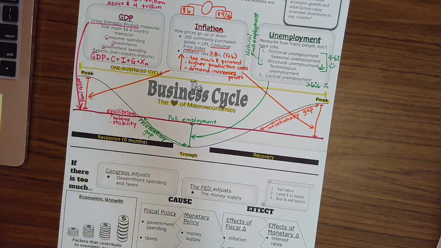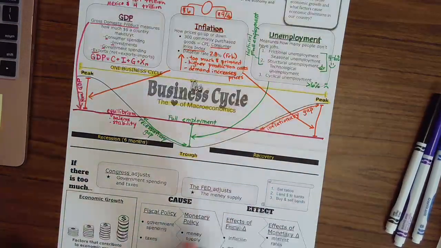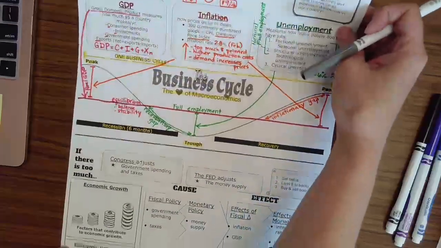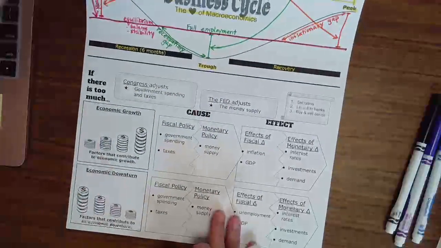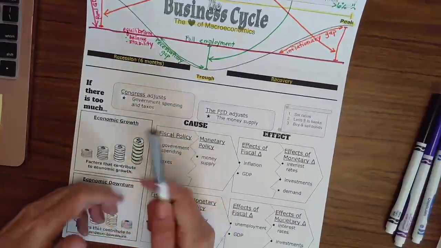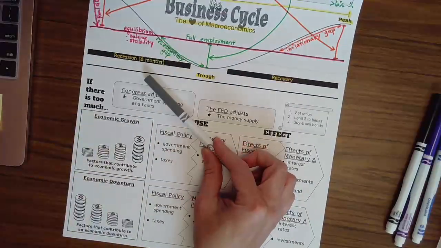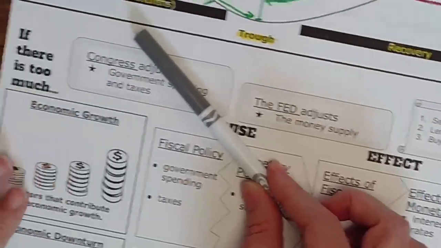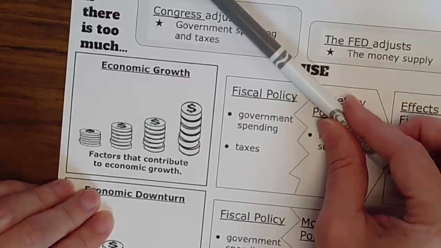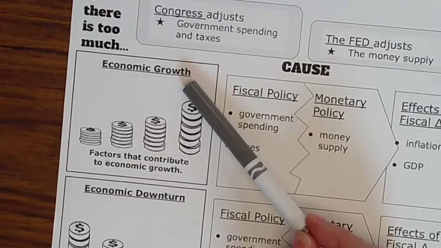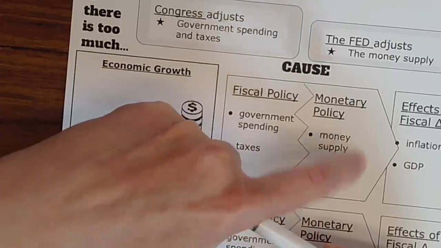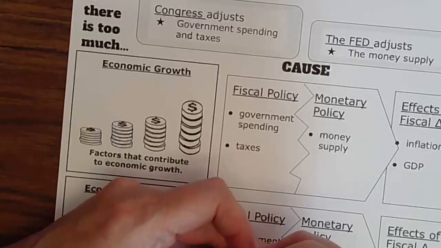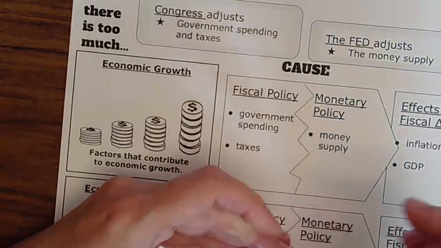This is a preview for some of the information that you're going to get soon. Okay, so I'm going to focus in right now on this section at the bottom. I'd like you to get out your gray marker. Follow along with me, please. And we're going to get right in here talking about economic growth. Obviously, we want economic growth. Problem comes when we have too much.